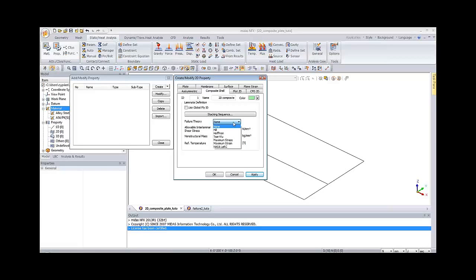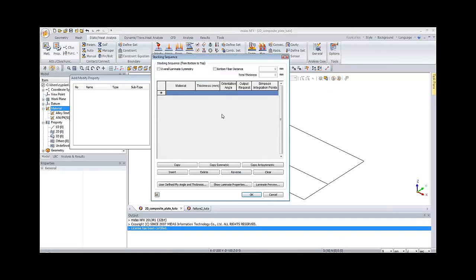So now the main step is to create the stack sequence for the material. I will create some layups. The only thing to do is to add the material you want to use and add the adequate orientation angle, so 0 for the first one. Here you have to choose yes if you want to output the results. Now I will do a small layup of this material, so the second angle will be -45.